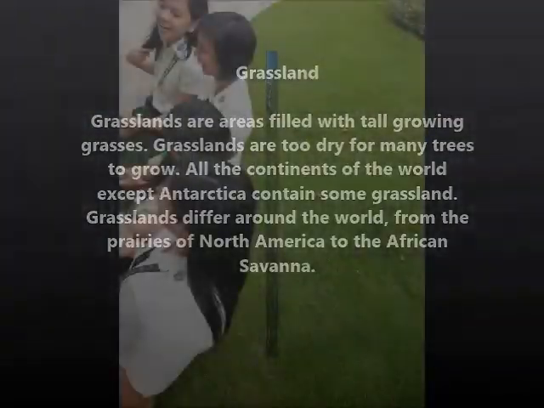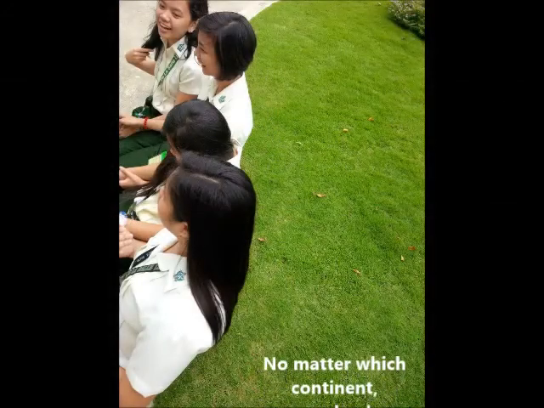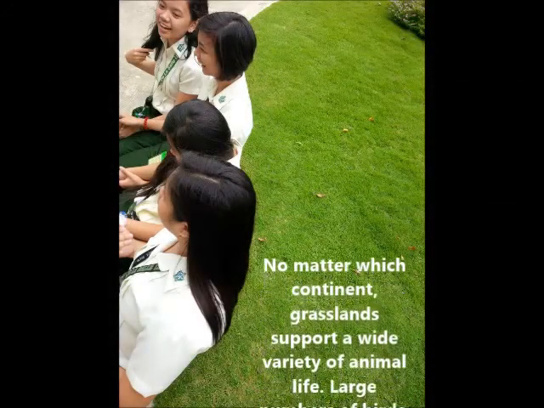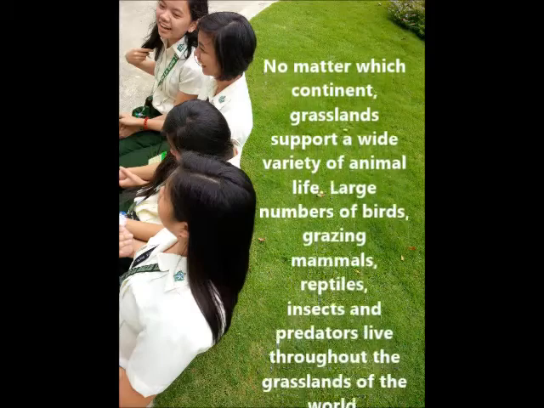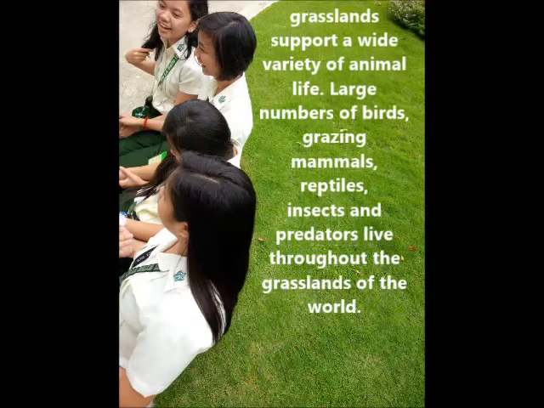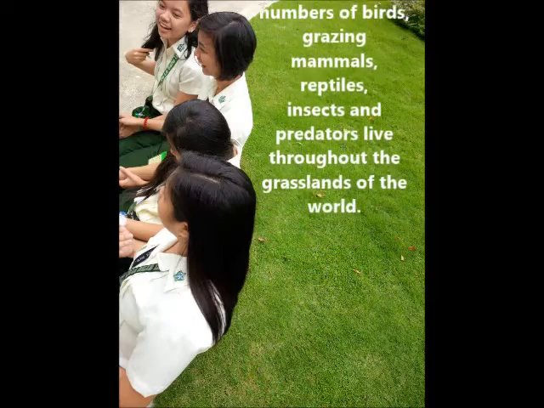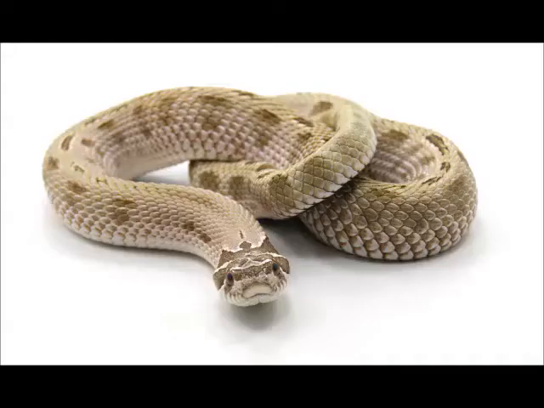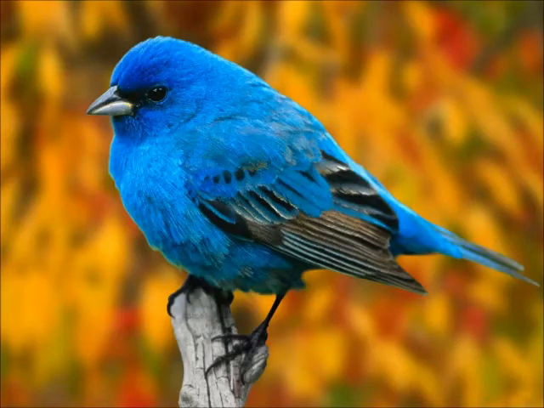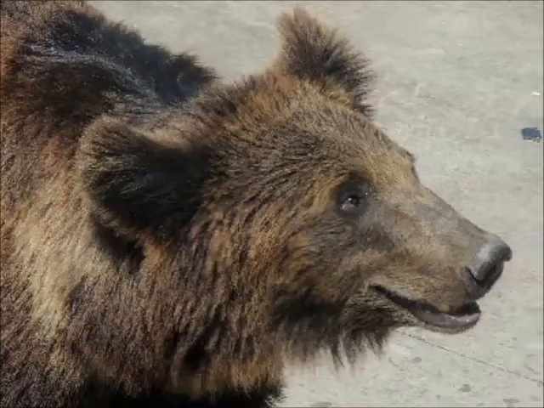No matter which continent, grasslands support a wide variety of animal life. Large numbers of birds, grazing mammals, reptiles, insects, and predators live throughout the grasslands of the world. Grassland animals are ants, anaconda, birds, beetles, brown bear,